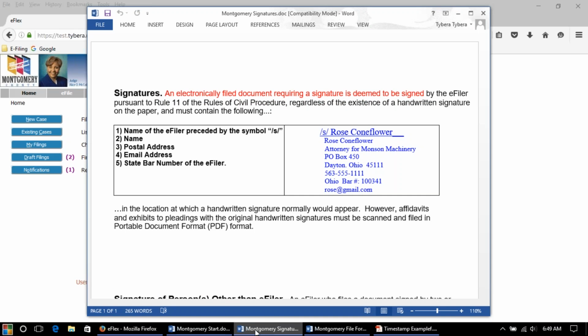This will save that laborious work, and as you can see here, I have an example in the table on the right side and the 5 components that will deem the document signed for you. Where the handwritten signature would reside for the eFiler, which would be the attorney, you would type the individual's name. You'll proceed with the /S/. This indicates the signature for the eFiler, in this case Rose Cornflower,